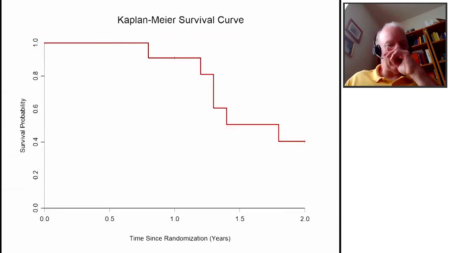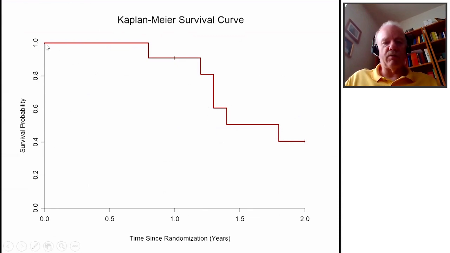And then we make a plot. And this is the Kaplan-Meier survival plot. So the estimated probability of surviving is 100% all the way up until this first death time, which was at 0.8 years. And then the curve drops down, the survival probability drops down to about 0.91. Then it stays flat again until you get your next death, and then it drops, and it drops only at